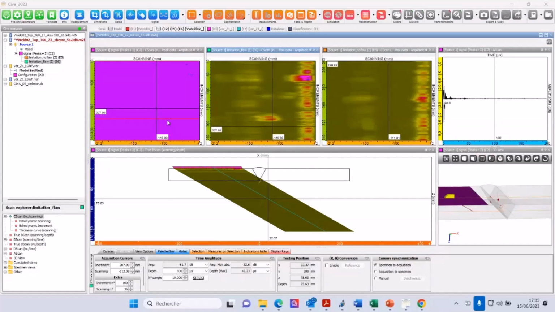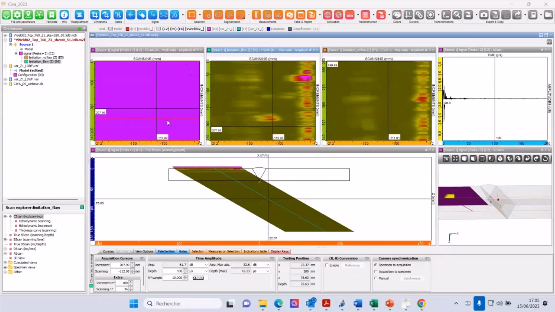This is, let's say, the CIVA process. You always need to calibrate. When you run one simulation and you have a result on the flaw, you will always need to calibrate this result on a side drilled hole, on a DAC, on a flat bottom hole. You will do the same thing with your experimental data, and you will have one reference.